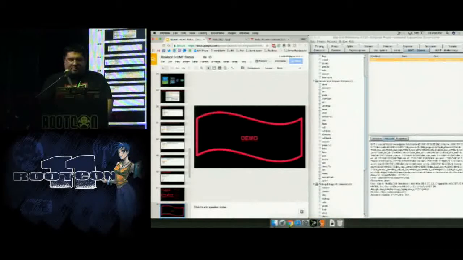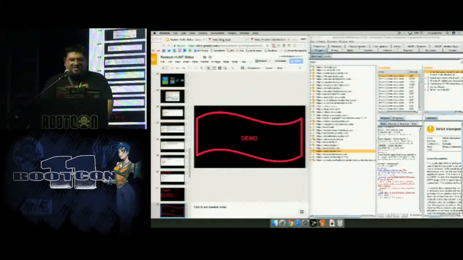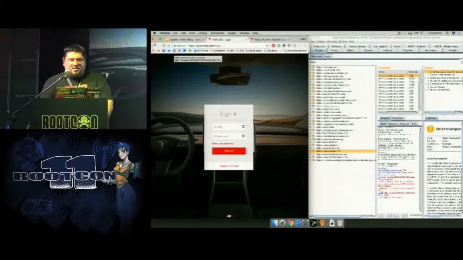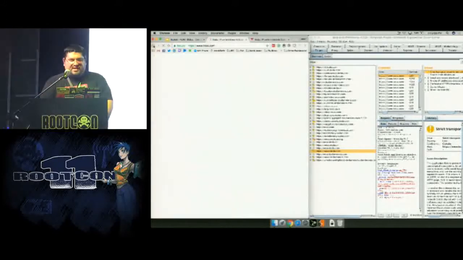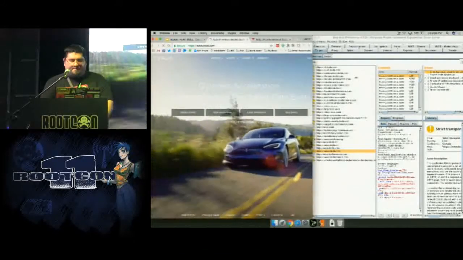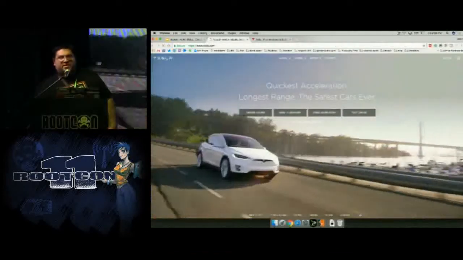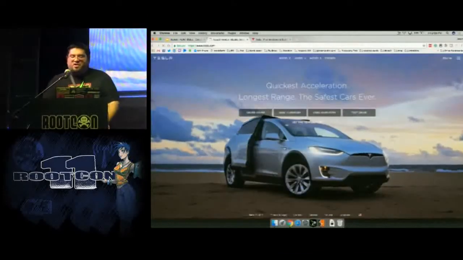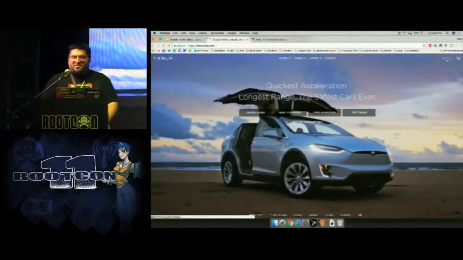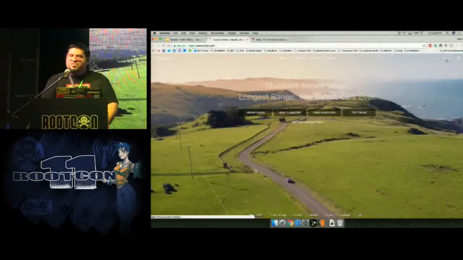All right, so here I have gone to Tesla.com. When you go to Tesla.com to sign in up here, it actually doesn't use Tesla.com. It takes you to a subdomain of Tesla called auth.tesla.com. So as part of the methodology, I need to make sure that I test the login functionality